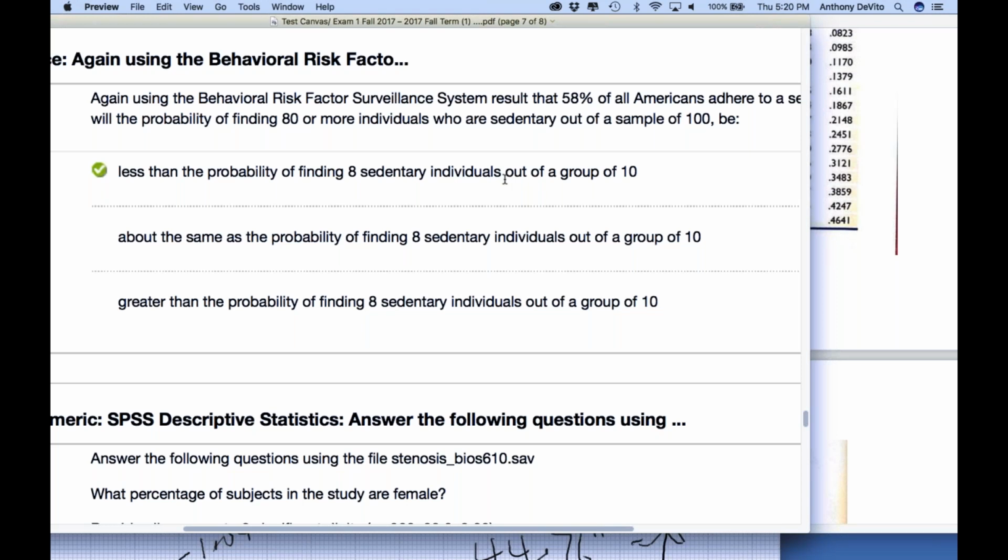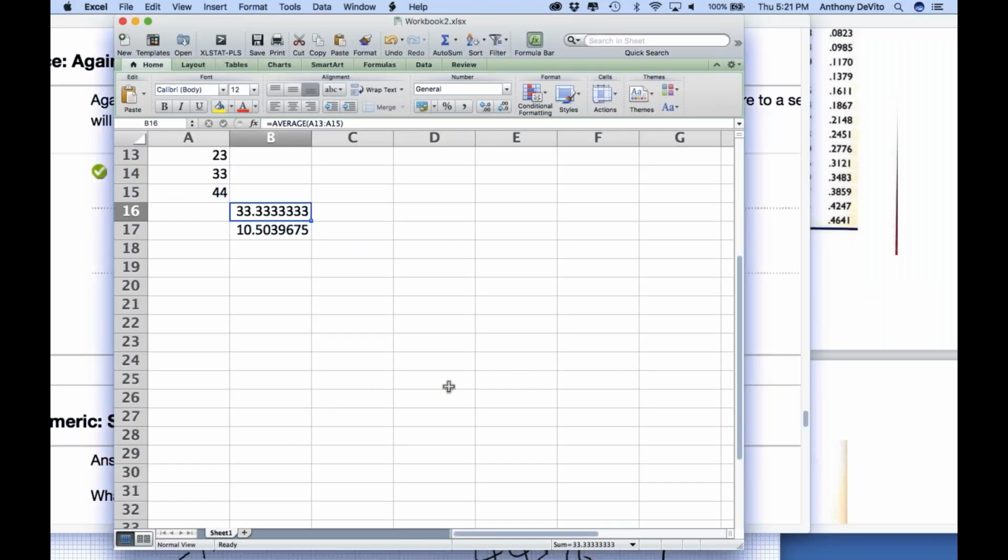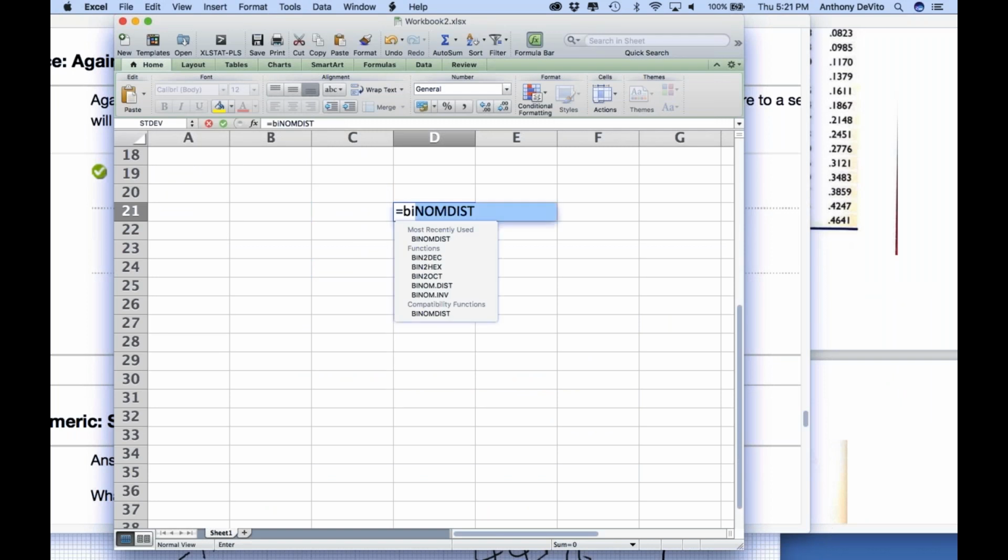We could actually use a binomial distribution to calculate this. Let's give that a try. Okay, so I'm going to do it two ways. Equals BINOM.DIST, parentheses, number of successes, 80 out of 100, comma, 100, comma, what's the probability? 0.58, I think it was 0.58, comma,